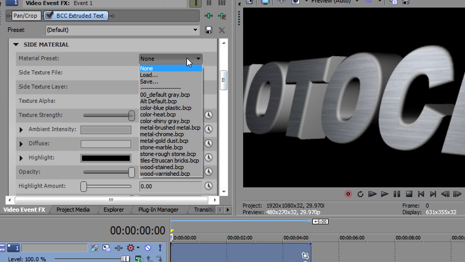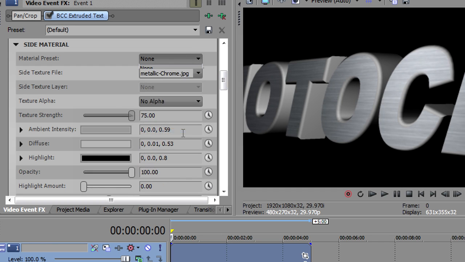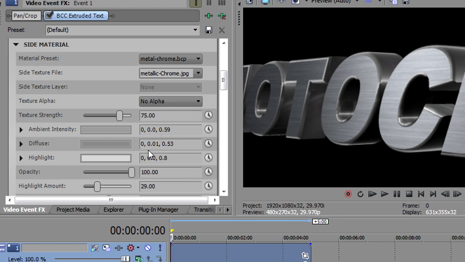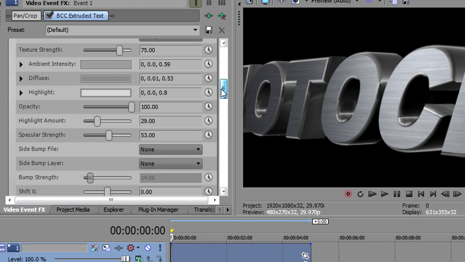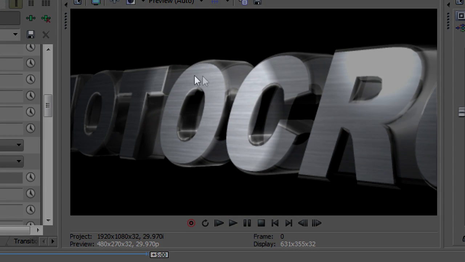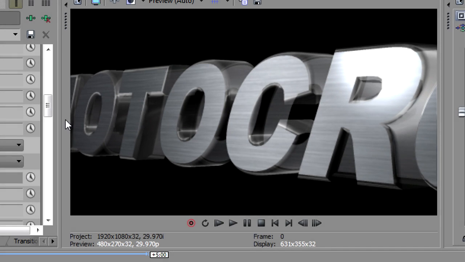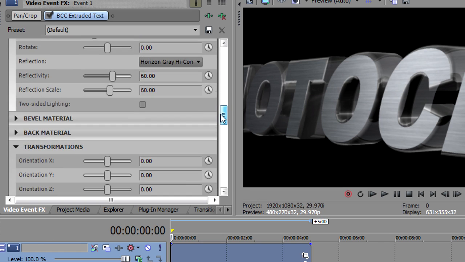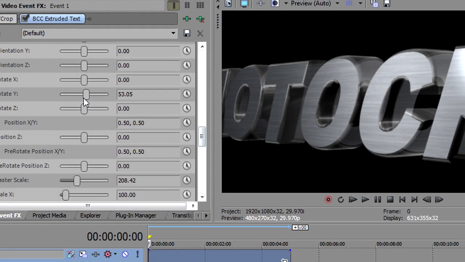Now for my side material, I just want to take kind of that chrome-like color, and all these settings are the same. I want to change the opacity of that. So now you can see the front is opaque, and then you can see the back through these letters. And let me rotate them so you can see how that looks. I'll go down to my transformations,